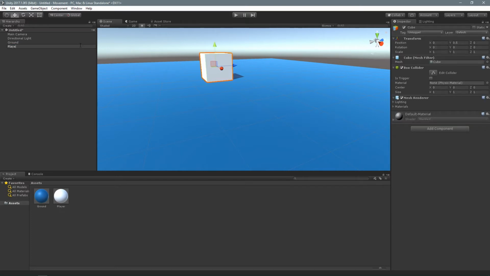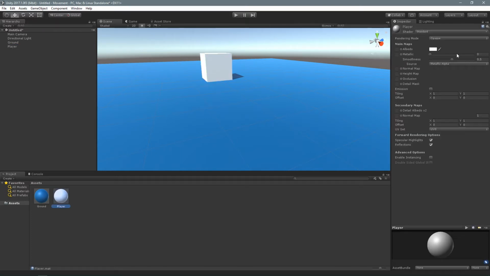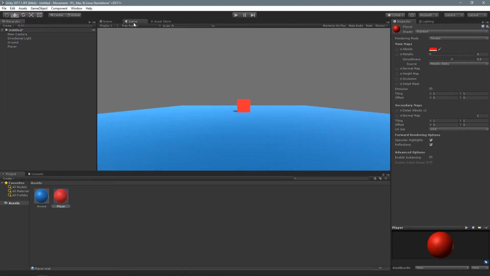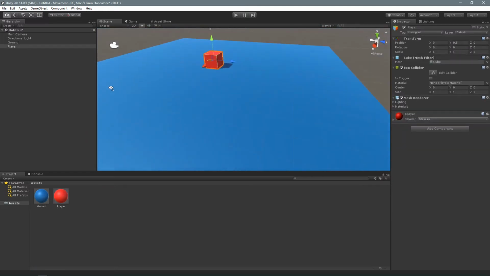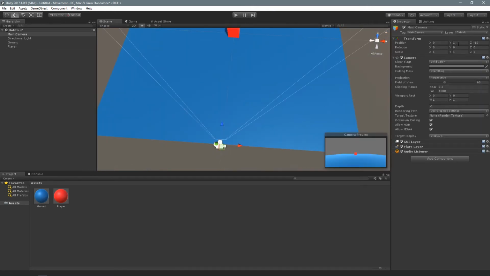Now we're gonna put this to a red. Just gonna put him on. So you can see that it's very noticeable. And make sure that he's on the center of that, and he is. Alright, so we're gonna make sure he is on the center. There we go. And now we're gonna click on player,